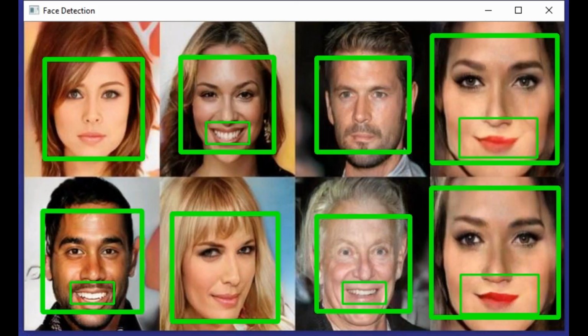Now you can see the first girl is not smiling, so it hasn't detected. The second girl is smiling, so it has detected that. The third one is not smiling, so it has not detected. This girl is smiling, but the fifth one is smiling and his face is turned, basically. That's why it is unable to detect that. Fine. So here we got the output. You can see